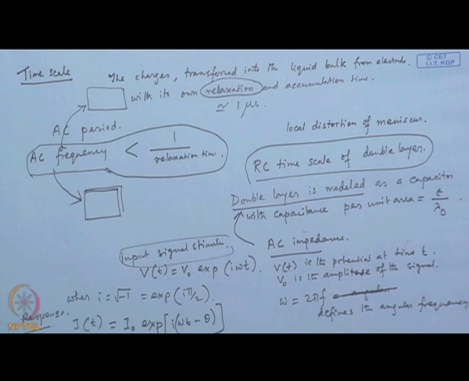This is the current response signal, and it is shifted by a phase difference theta. So, this would be the response current, and in that case the impedance is traditionally